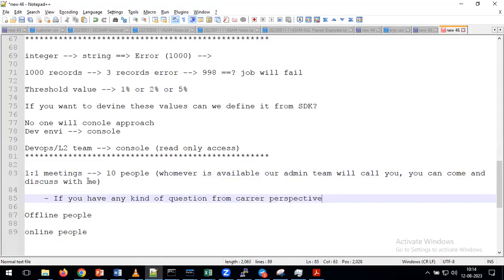Further, one-on-one is not required within the class only. You can ask those kinds of questions only within the class. What is the purpose of this one-on-one? The purpose is for any kind of career guidance. Okay. So as I told you yesterday, if anyone is having 10 years of gap or 10 years of experience,